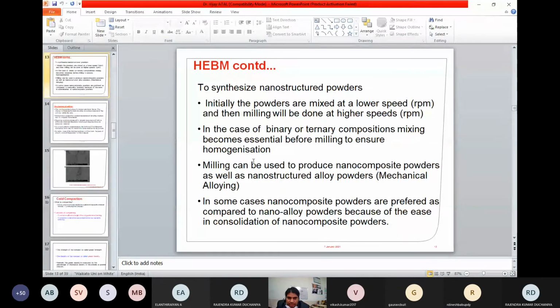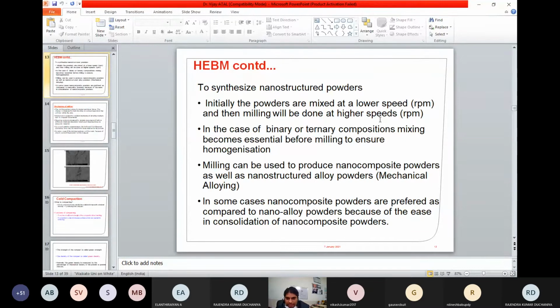Especially to synthesize nanostructured materials, these are the types of conditions used. First mixing at a lower speed, and then milling should be done at a higher speed depending on the type of alloy. In some cases you'll be using 200 RPM for one alloy, and a different milling condition for another alloy.